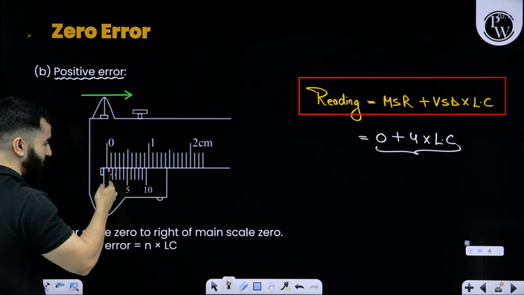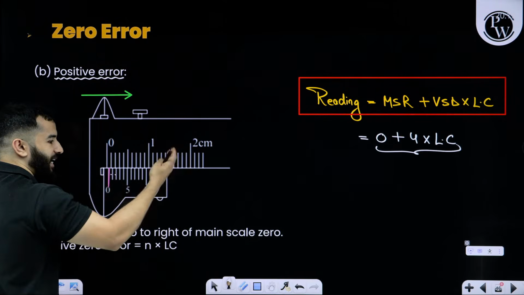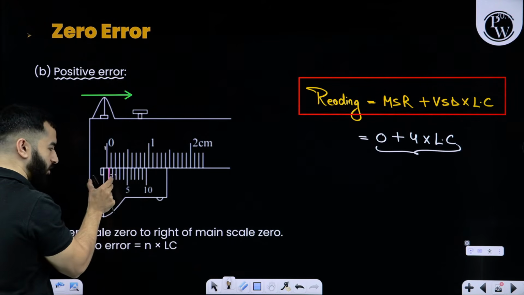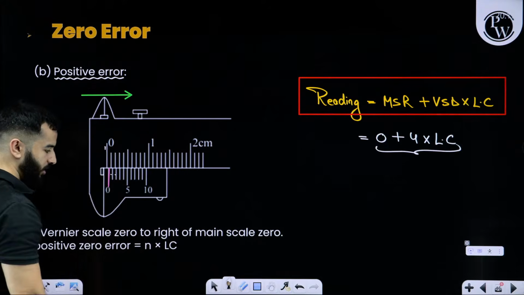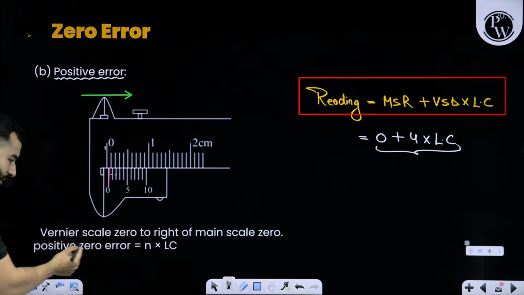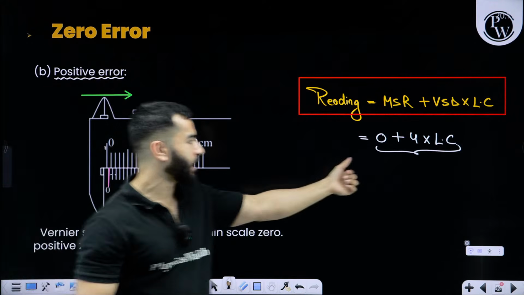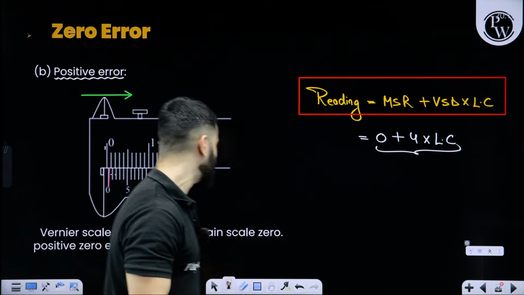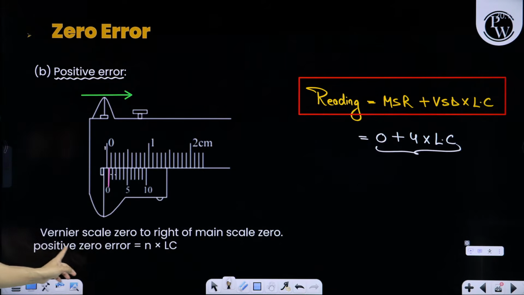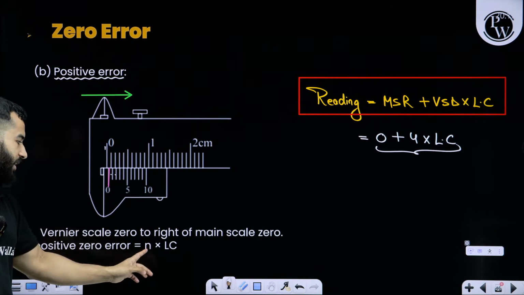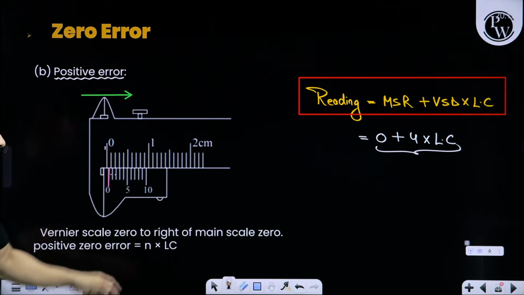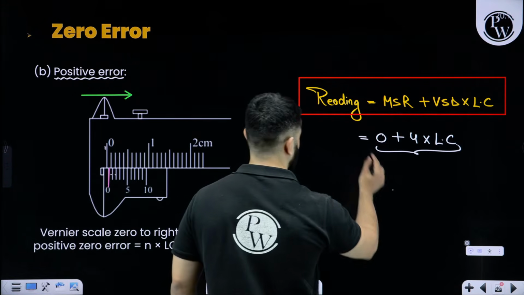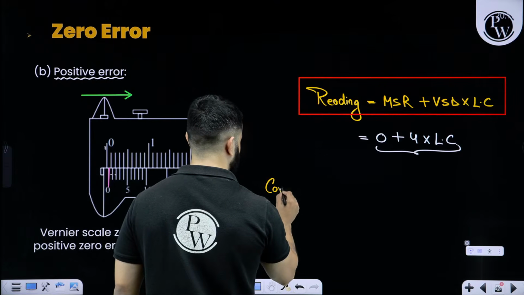When the zero of the vernier caliper is towards the right of the zero of the main scale, even when the jaws are perfectly joined, the positive zero error is going to be this value. That means the coinciding division multiplied by least count, right? So positive zero error is n multiplied by the least count, where n is the coinciding division. Clear? And always remember, now we are going to write down the corrected reading,